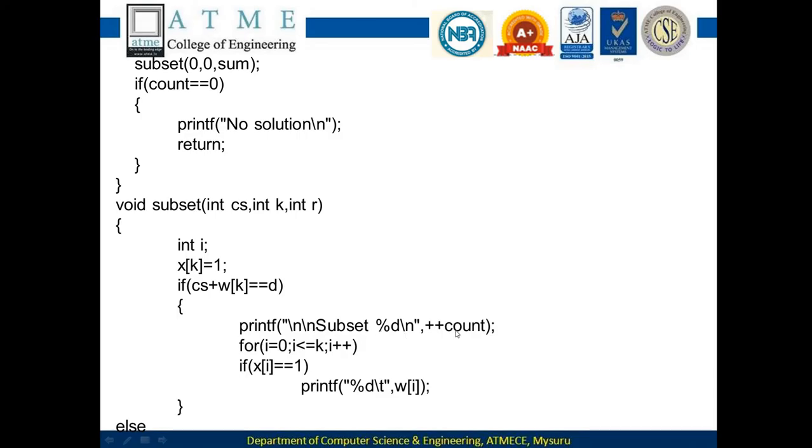So subset is equal to incrementing that particular count value. Since count was initially 0, we will increment the count value, and then we print that count value. And now